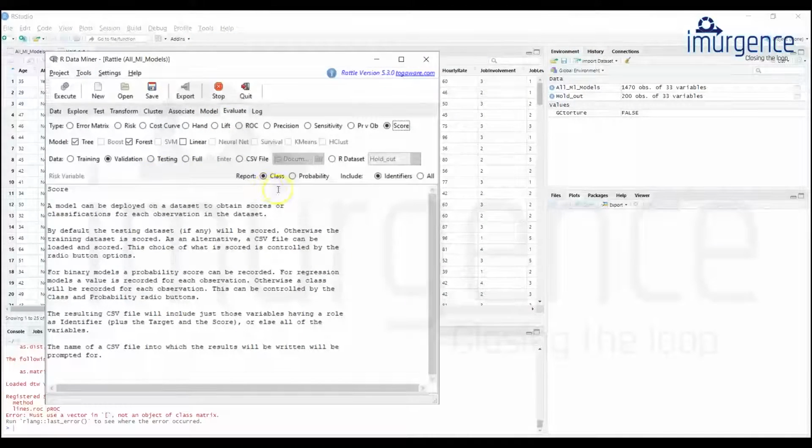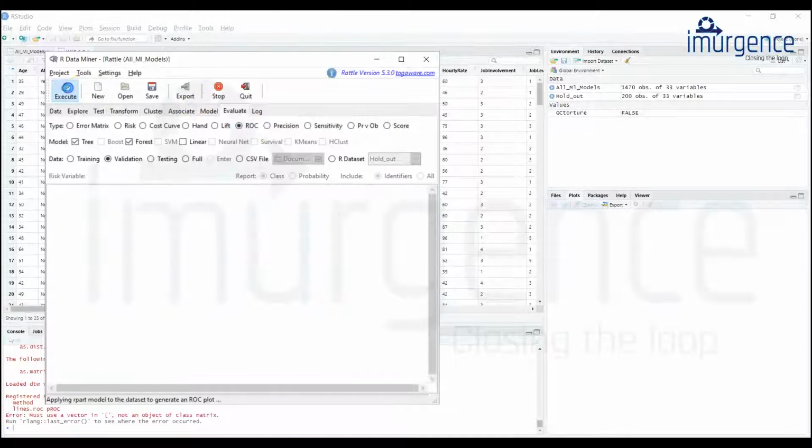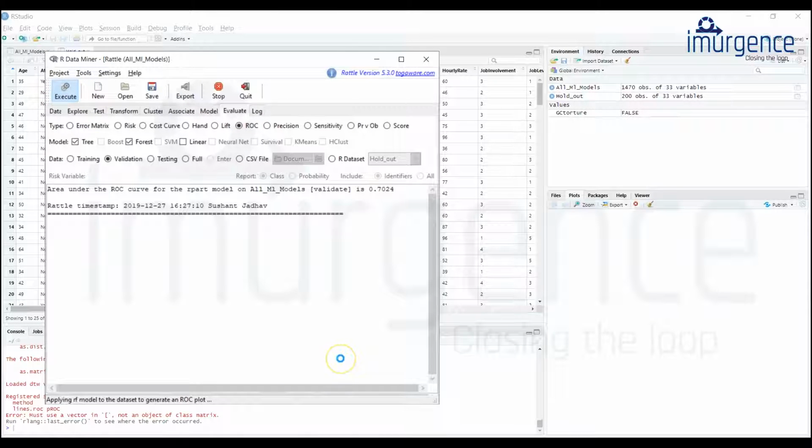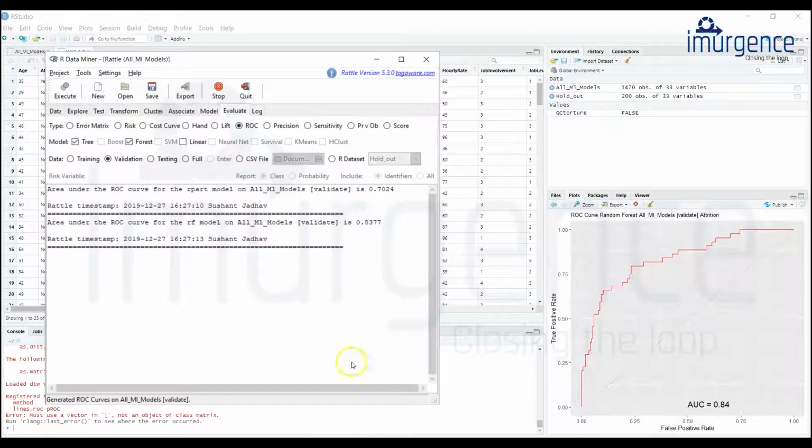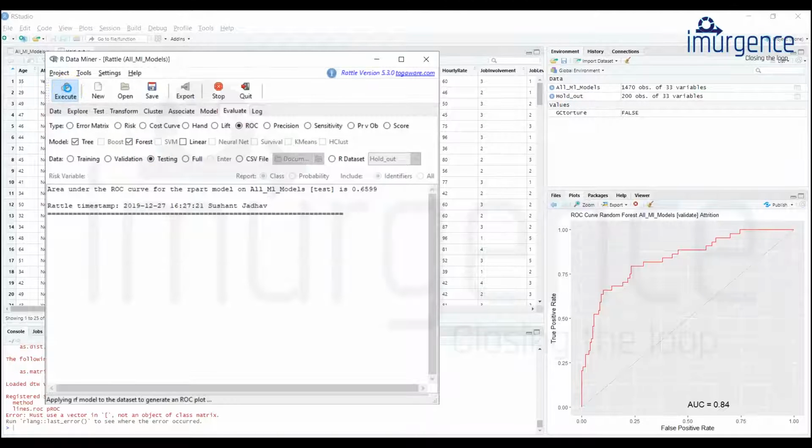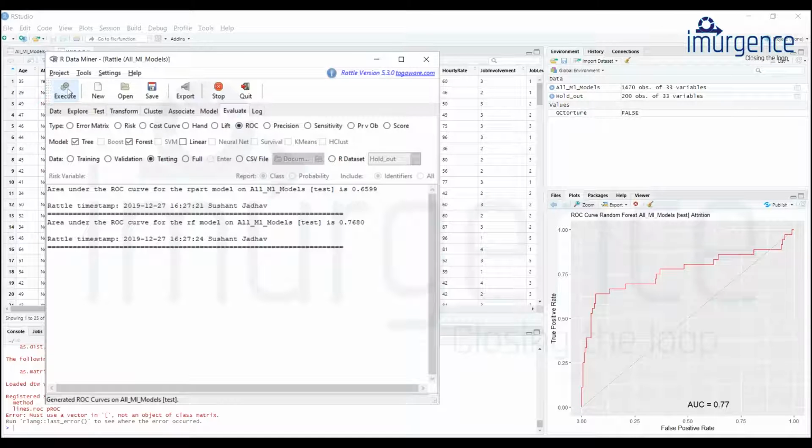If you want, you can evaluate. So I'll say, let's look at the ROC and execute it. So you'll get a graphical representation of the ROC curve over here, 0.84. You can do that on the testing data set as well. Okay, so it's dropped a little bit.